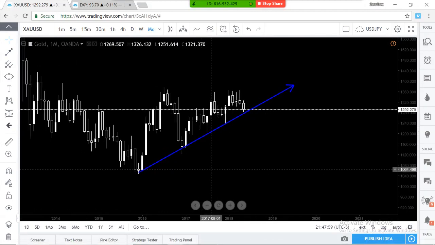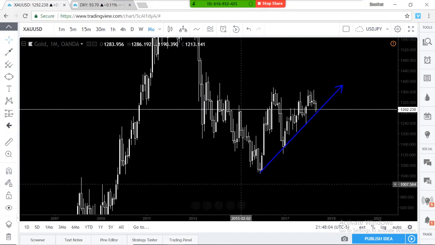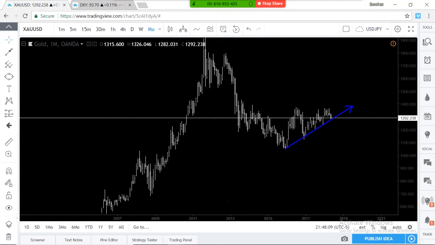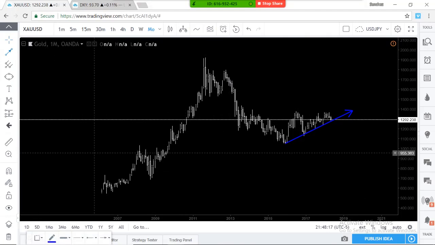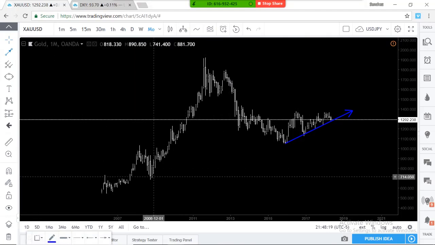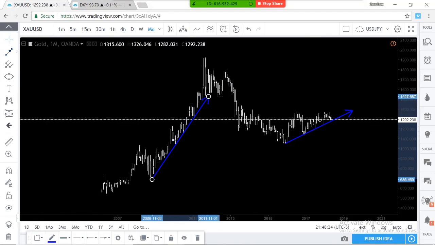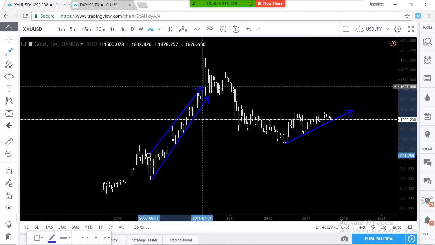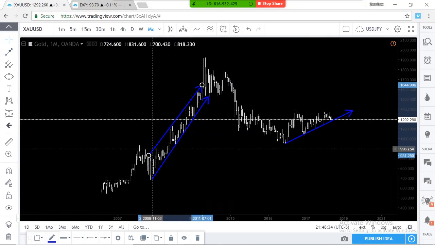So that's a good sign of continuation, right? I'm using that in conjunction with the knowledge that this looks like a very similar pattern on other timelines, if you notice. If you don't, I'll go ahead and show it to you right now. Since the beginning of time, we've been on an uptrend, right? Look at that channel right here. Since the beginning of time, we have been on the uptrend. Look how it respects that. Boom, boom, boom, boom, boom. This has been going on.